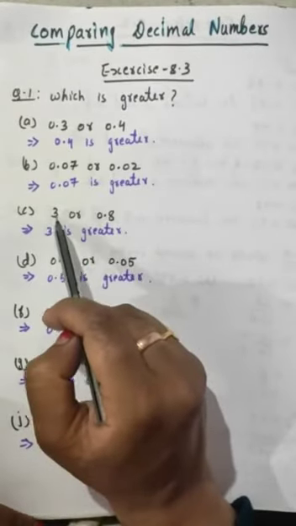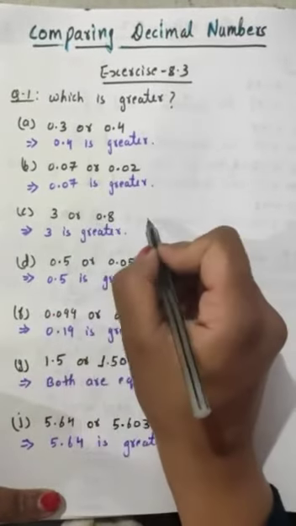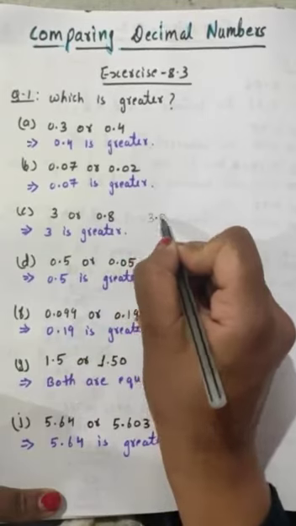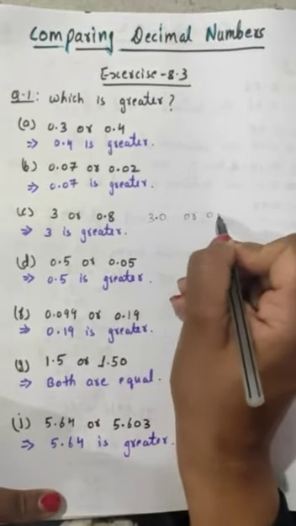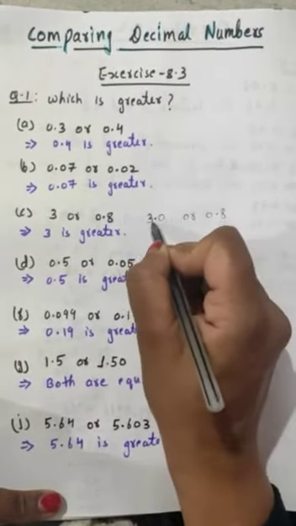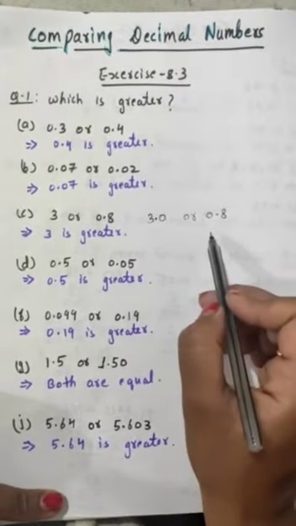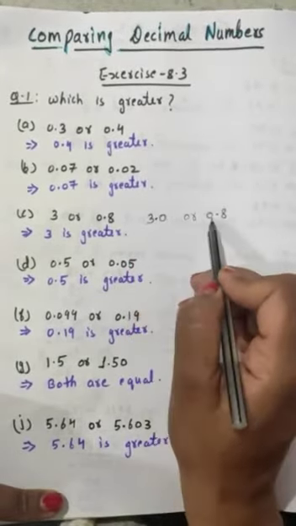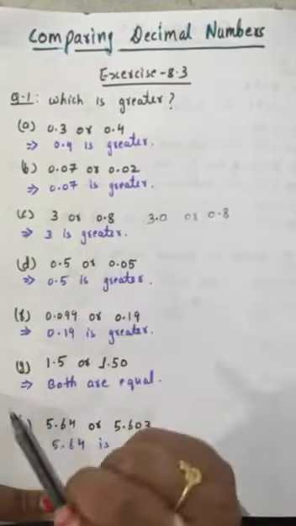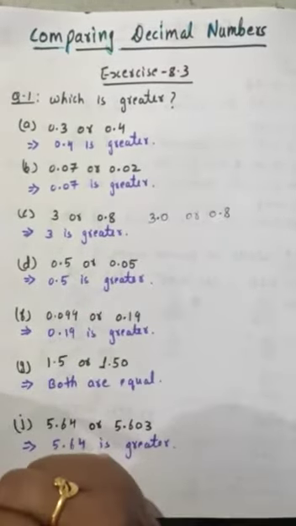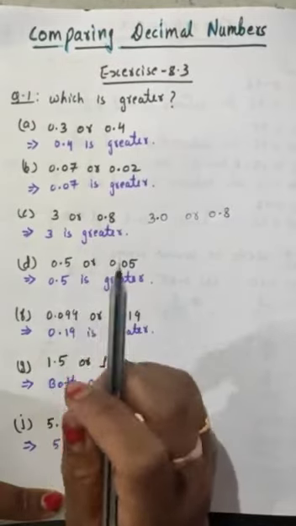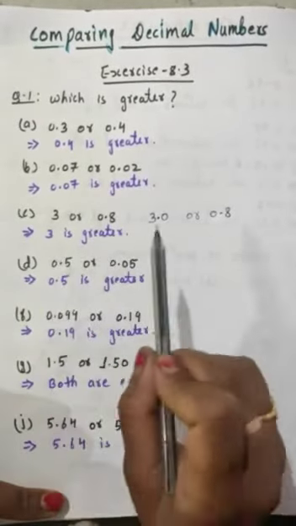Here this is 3 or 0.8. Now you know 3, you can write it as 3.0 और 0.8. तो आपके पास दो नंबर्स कौन से हो गए, 3.0 and 0.8. So obviously 3 is greater than 0, so no need to compare the next digit. 3 is greater. Okay, so I hope you all are getting कि हम एक एक डिजिट को कंपेयर कर रहे हैं.